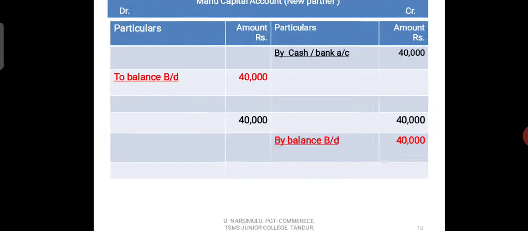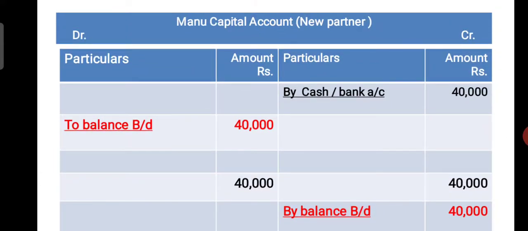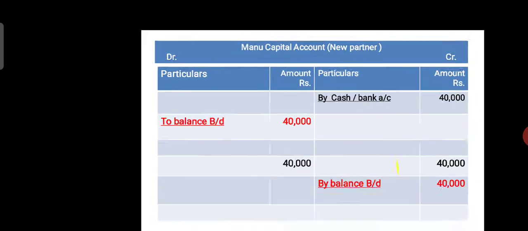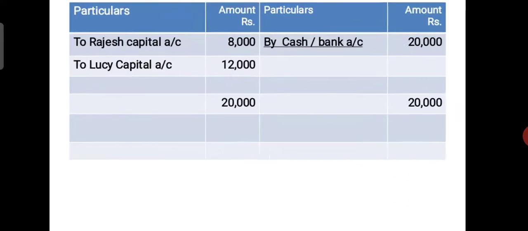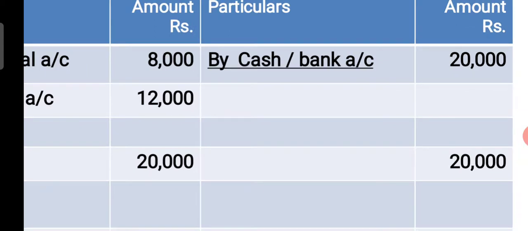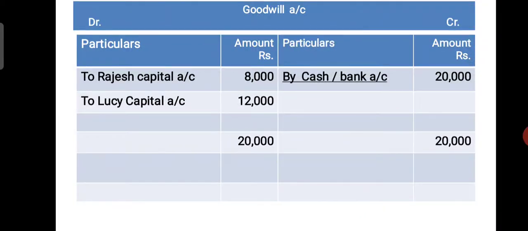Next, new partner capital account. So who is new partner? Manu. How much amount he brings? 40,000 credit side, and balance carry down and brought down rupees 40,000 only, and there is no change. Next, goodwill. So in the goodwill account credit side, cash or bank account 20,000, that is distributed between old partners according to their old profit sharing ratio. Like this we can prepare